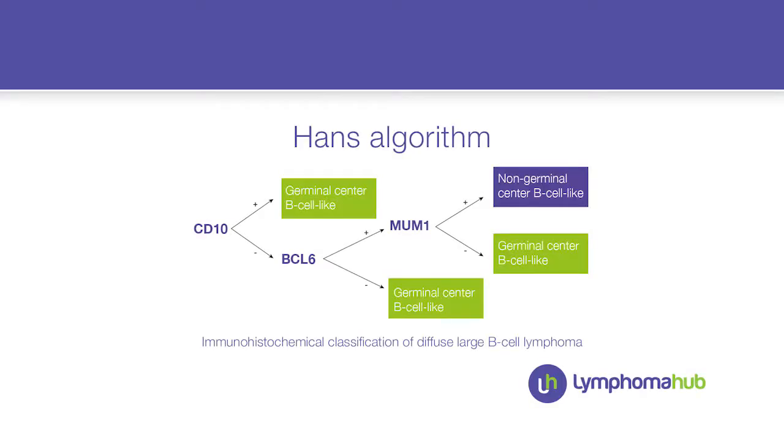We use the Hans algorithm, and what we can say is that this algorithm can discriminate between 2 subtypes which have a different prognosis. GCB usually have a better prognosis compared to the non-GCB subtypes. The other issue in this patient was that this patient has a high